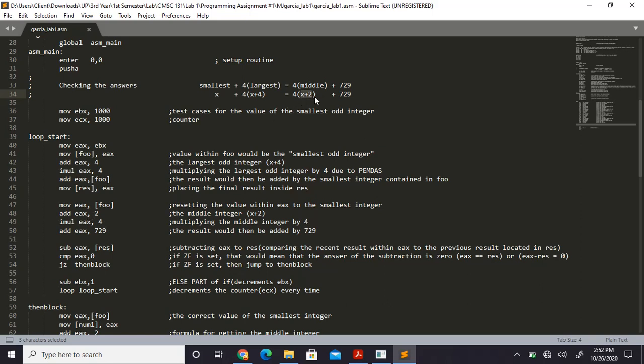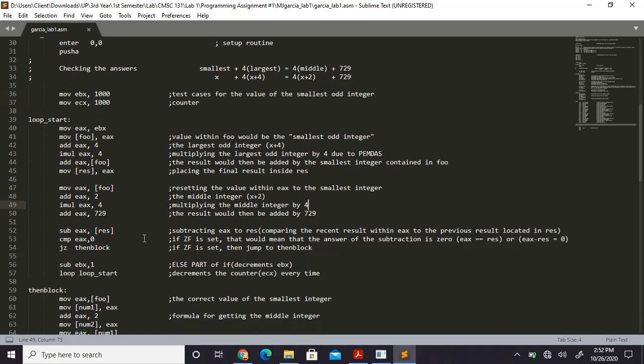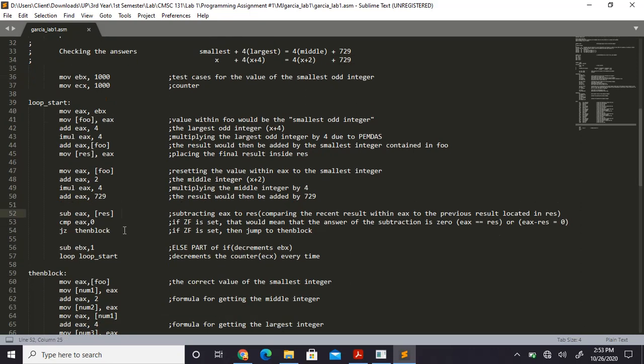Then we would multiply it by 4. So nakuha na ganyan. Then after that, we would simply add it overall to 729. Like this. After that, we would subtract the current value nandito sa AX, nakuha sa right side of the equation. We would subtract it with the value contained in res. Subtracting AX to res, comparing the recent result contained in AX to the previous result in the left side equation